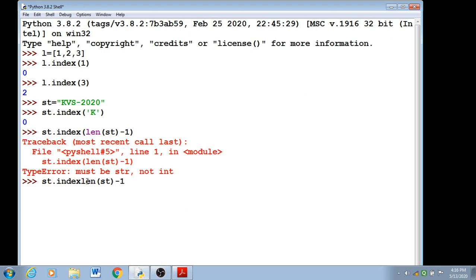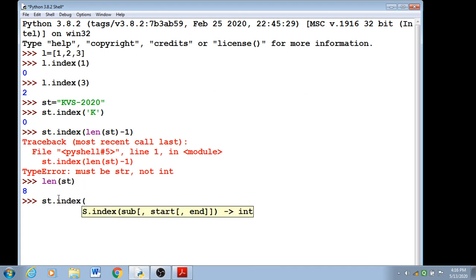Let's check. Length of st is used. Eight. St dot index, let's check 7. What is the value? Sorry, we should use the value.